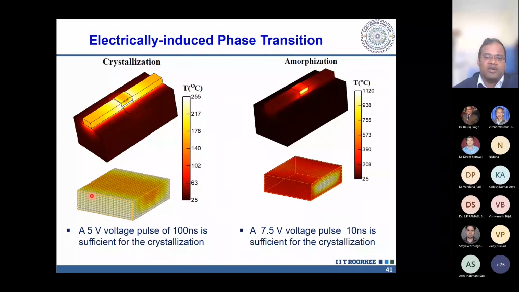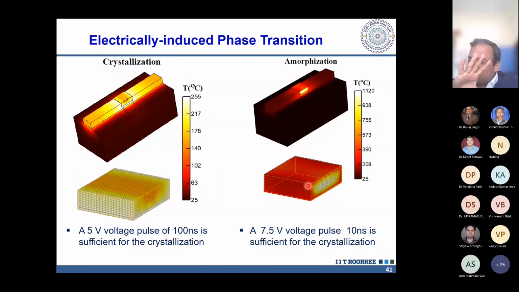Again, like we did for 1550 nanometer, we are at 2.1 micron also. We can switch the material completely by applying the voltages. So here we have 5 volt for amorphous to crystallization and 100 nanosecond pulse duration. So if you observe this and this, in both cases, this is completely phase transformed. Okay. However, with optically it is difficult because the light has certain mode and it does not basically uniformly heat the material.